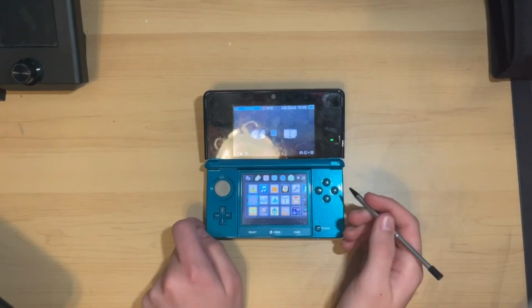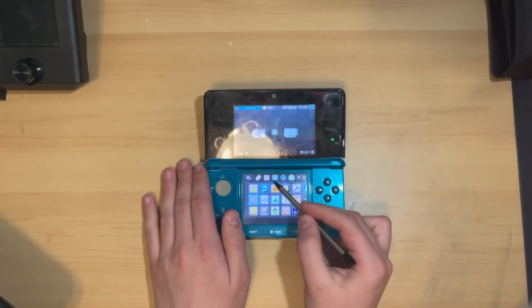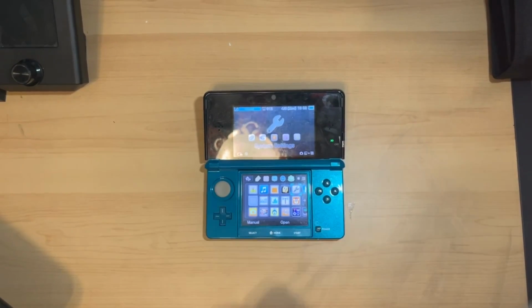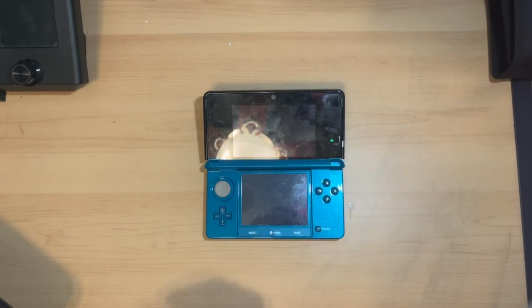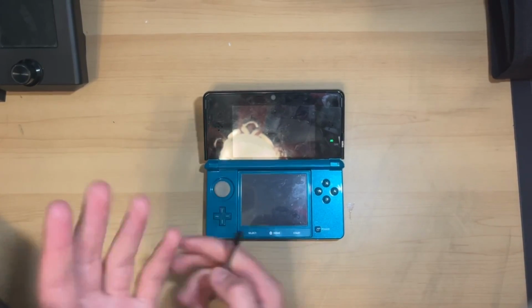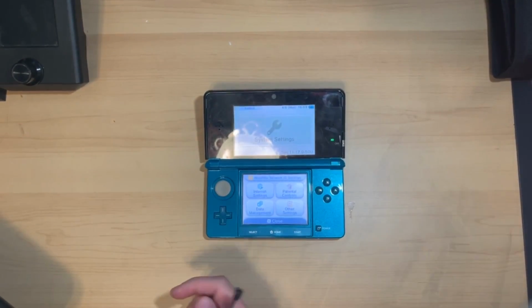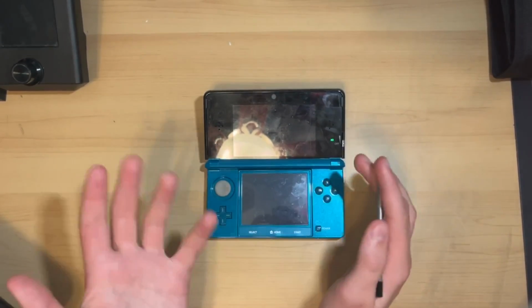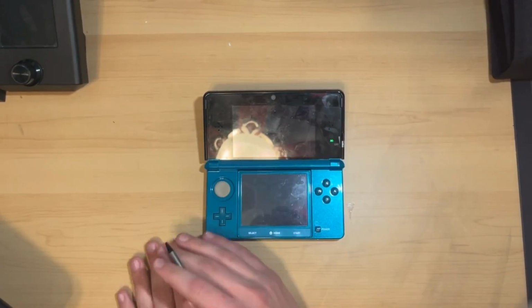Once you're done with that, you will notice a few different things, like for example, your friends have disappeared, which is normal. What we can then do is go into the settings application to sign in with, or create, a Pretendo Network ID, which will essentially be like your Nintendo Network ID, but for this. So just go into Nintendo Network ID settings. They can't really change the branding, so,